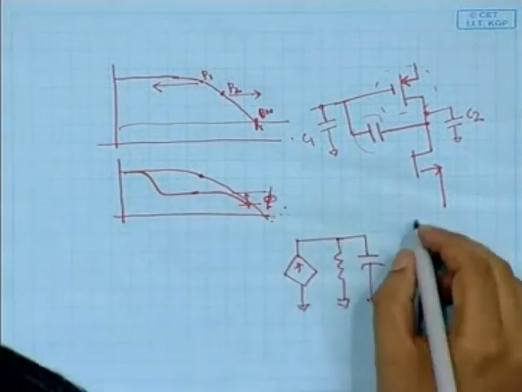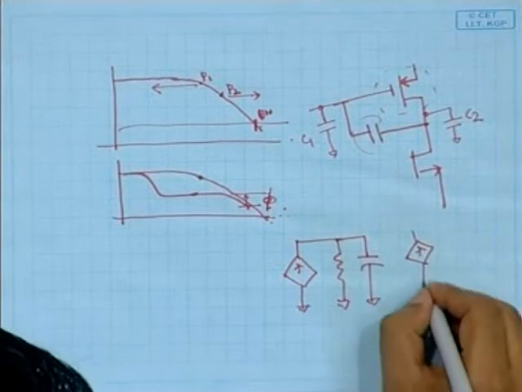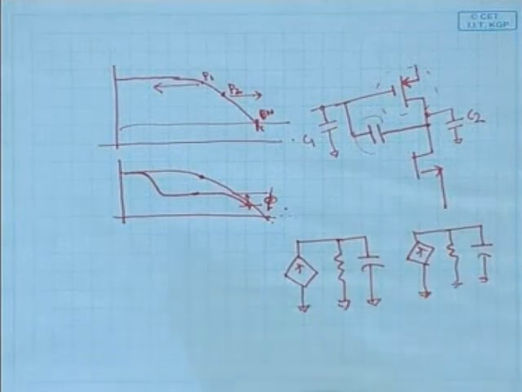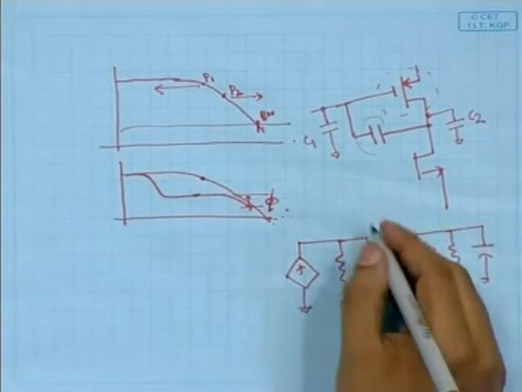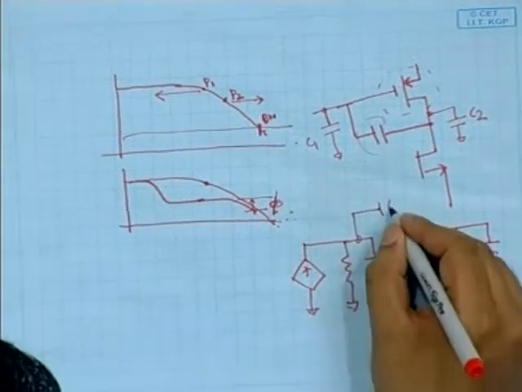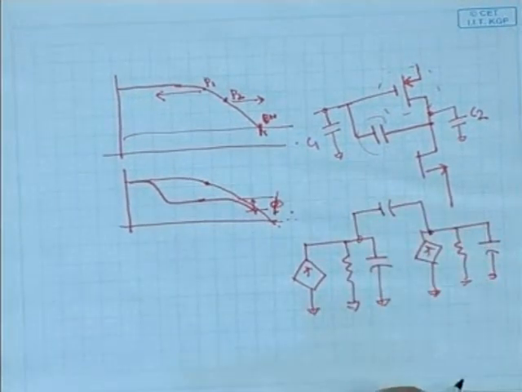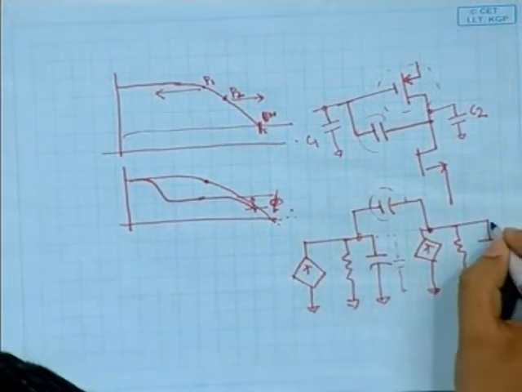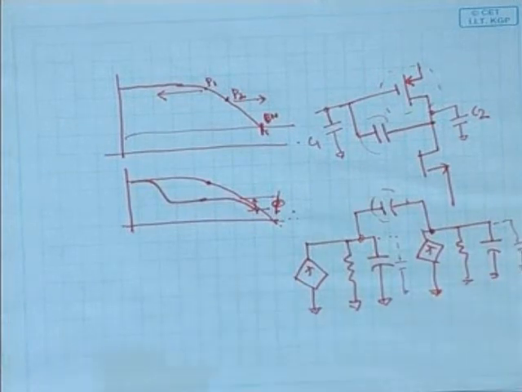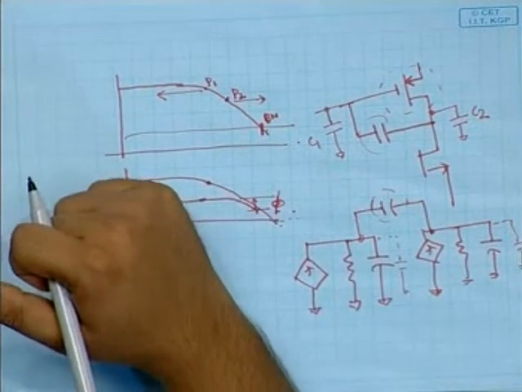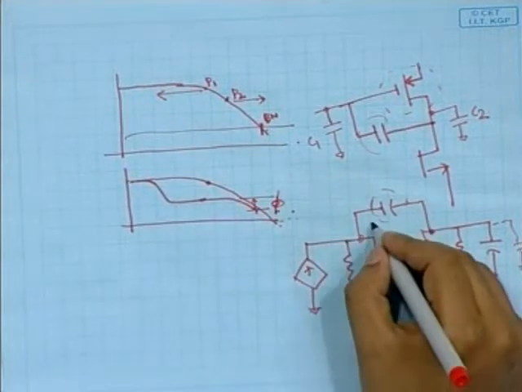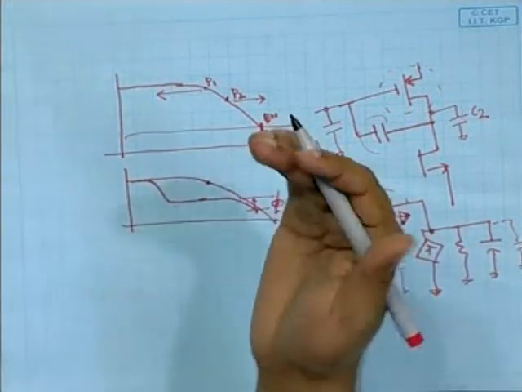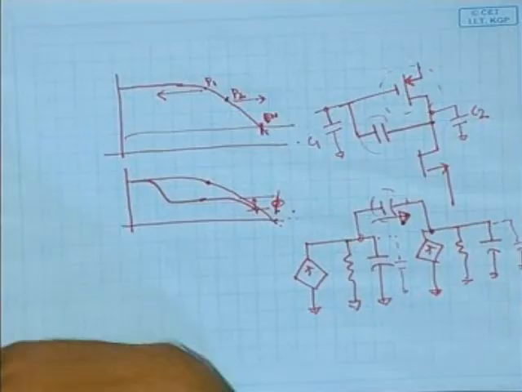In case of an op-amp, another stage arises, this one, and if we add frequency compensation, a capacitor will come here. This capacitor can be approximated in this way, but another problem will arise. The problem is the feed forward action. The feed forward path actually gives rise to another zero.